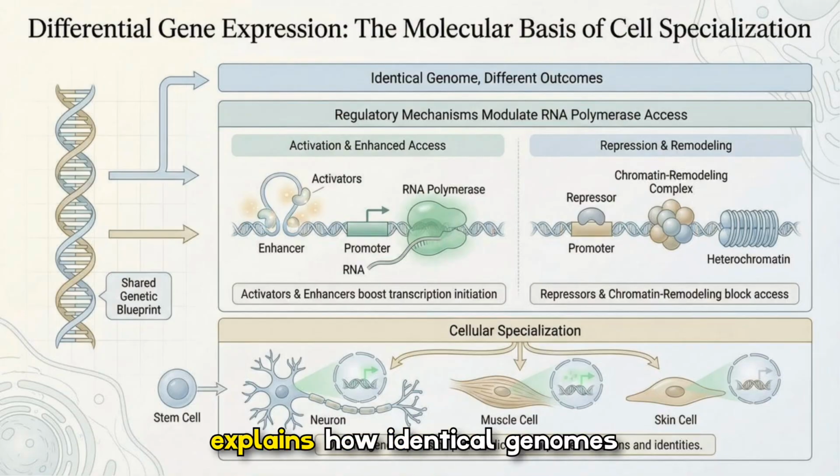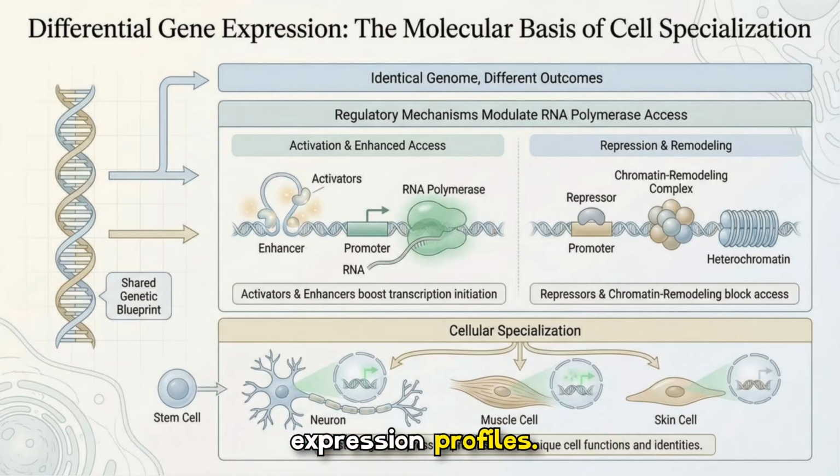Differential gene expression explains how identical genomes produce diverse cell types by modulating RNA polymerase access. Activators and enhancers promote transcription, while repressors and chromatin remodeling create silenced regions. The diagram connects these regulatory mechanisms to cellular specialization, showing how stem cells adopt neuron, muscle, or skin identities based